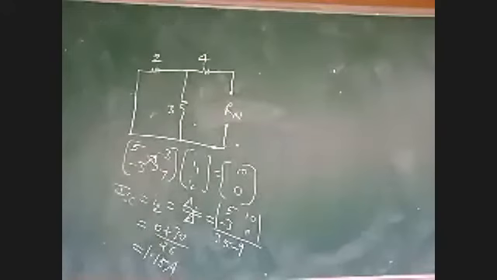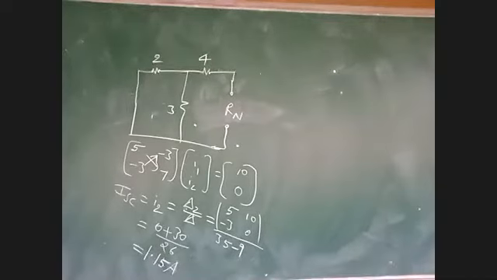Sir, but actually in RTH we have an open circuit, no sir? But here we need to do a short circuit. Here, for determining the current, we are shorting that. Wherever you are placing ISC, there we are placing RN. In place of ISC, I am placing RN. It is not an open circuit. We are placing RN there. The 5 ohms we are removing, and we are placing RN there. That's why you'll get RN equal to RTH. A similar procedure is followed for both RN and RTH.